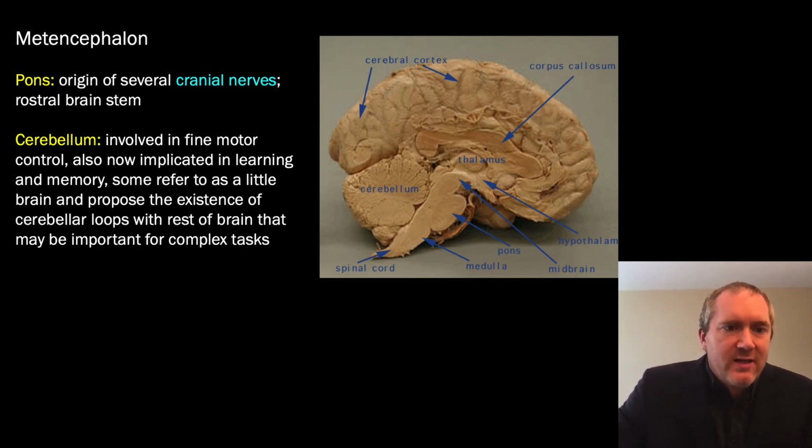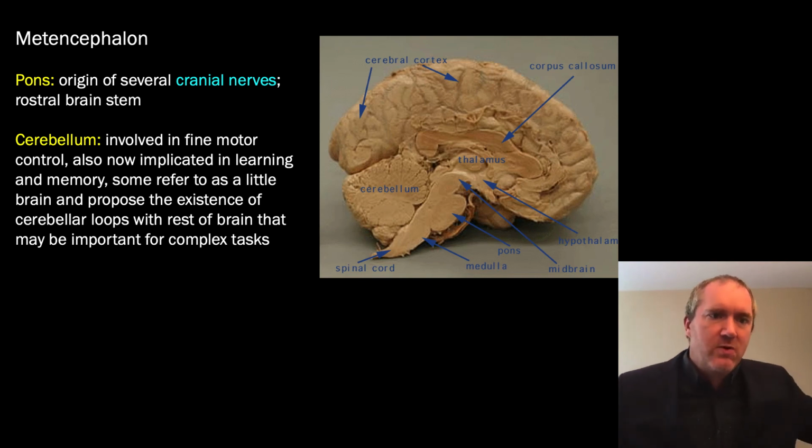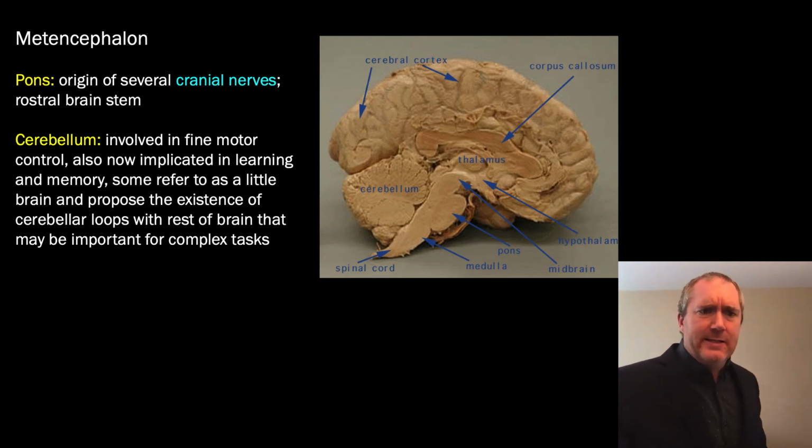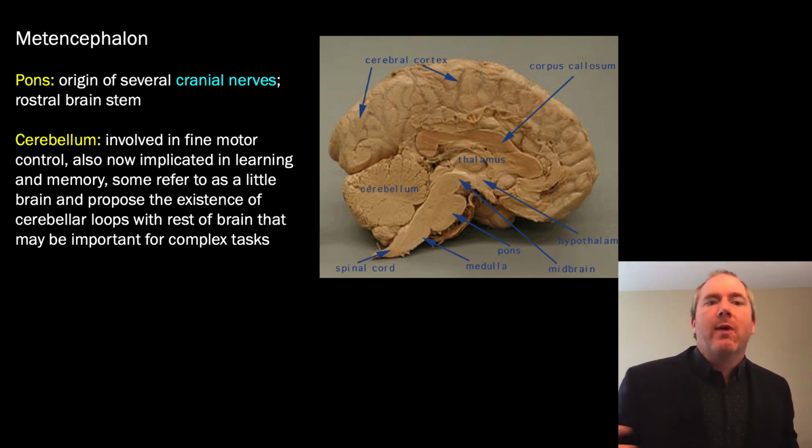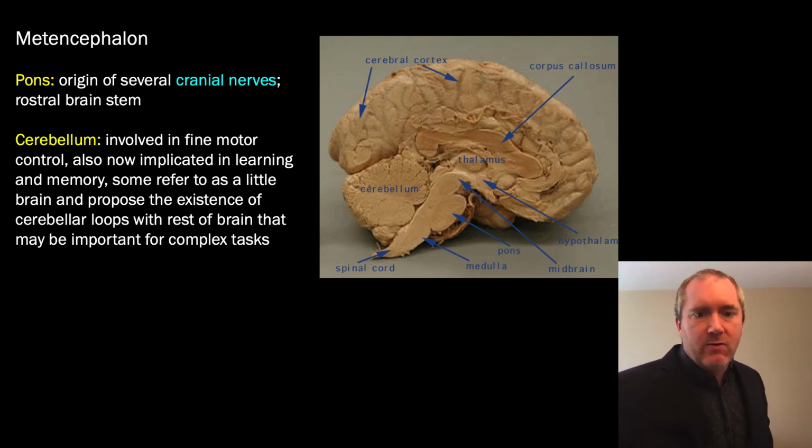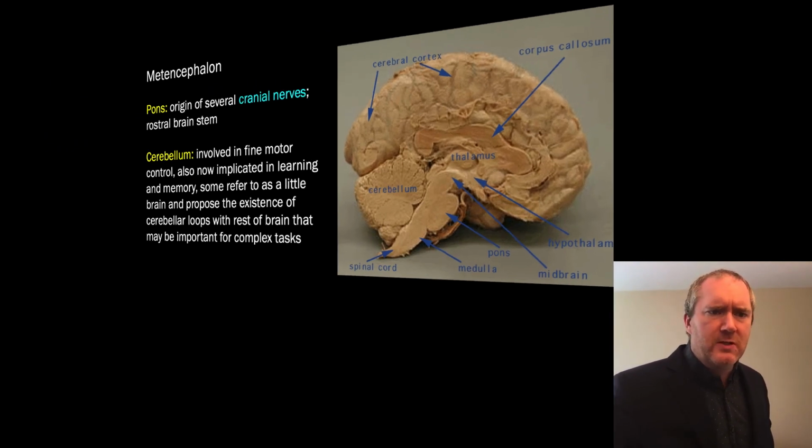So the idea of the cerebellum just being this fine motor structure is, selling it very short, I'd say. It's probably involved in very complex function, and some have even suggested that evolutionarily, maybe it played a role similar to what our cerebral cortex has evolved into, earlier in evolution, or maybe in certain species.